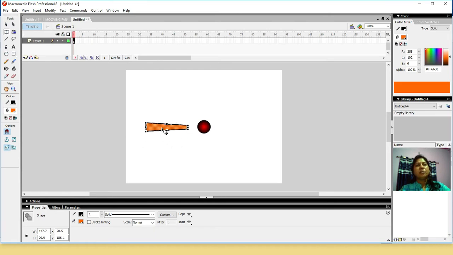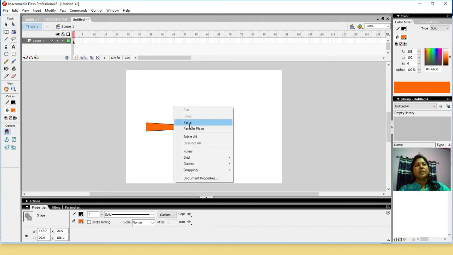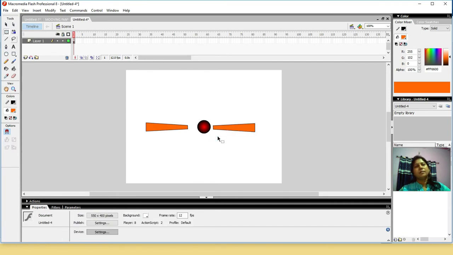So make a duplicate copy of this fan blade. Again go for the free transform tool, right click copy, right click paste. Now rotate it. Again press Ctrl V for paste.